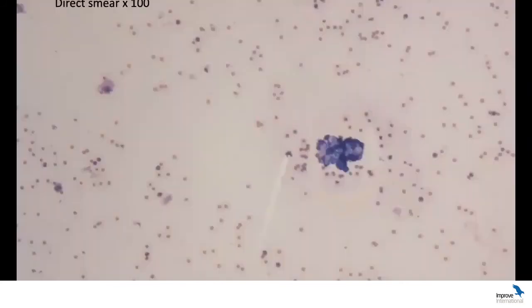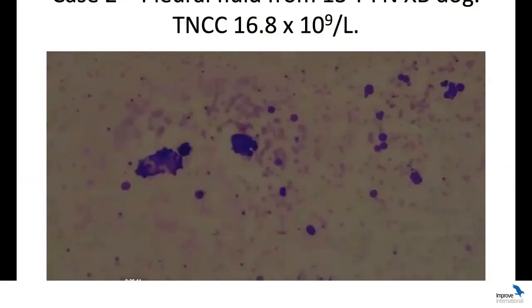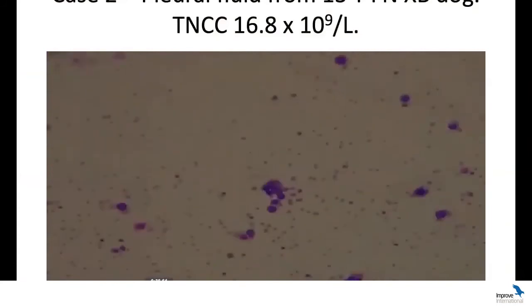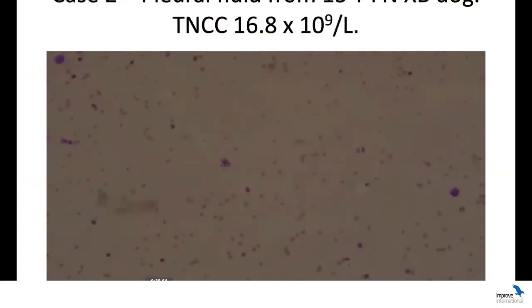So this is just an example. Again, it's a direct smear because it looked like it was going to be an exudate because of the cell count, but because there weren't that many cells, we then did the line smears for this case. Just going here very quickly to demonstrate that in the body of the smear, although we could find some scattered clusters of these cells, it was only when we looked more towards the line smear that we could see